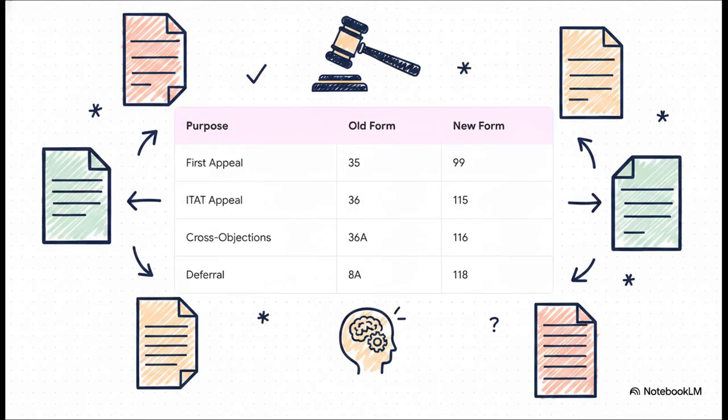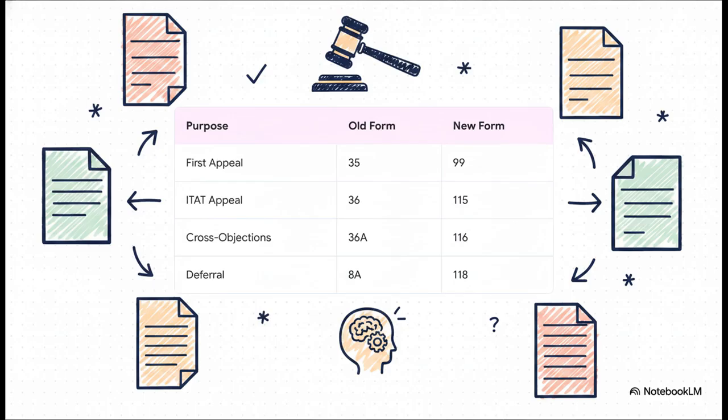Okay, grab your notepads because these form updates are perhaps the most critical reference for daily practitioners. The Income Tax Rules 2026 have completely renumbered the forms we all use every single day. The familiar Form 35, which you use for appealing to the first appellate authority, that is now Form 99 under